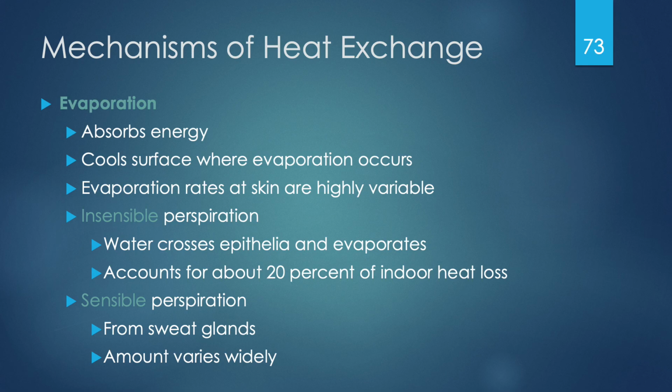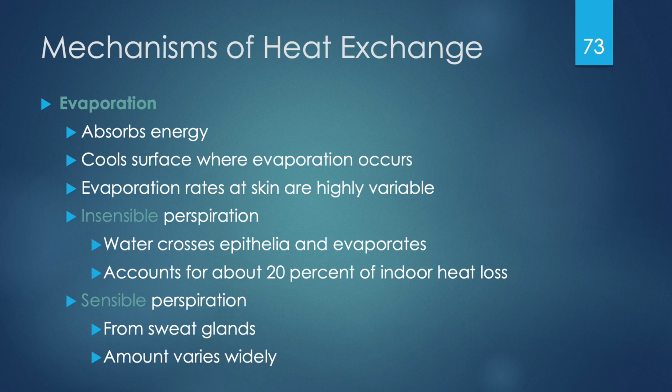Recall from previous lectures talking about skin, there is insensible and sensible perspiration. So insensible perspiration is when water crosses the epithelia and evaporates, and it can account for up to 20% of our indoor heat loss. And we don't even notice this. This is just as we're sitting here right now, this is happening. Sensible perspiration occurs from the sweat glands and occurs specifically usually when you're exercising or feel stimulated in some way, like if you're nervous before an exam. And so for that reason, sensible perspiration amounts are going to vary